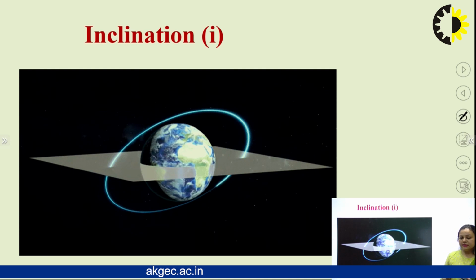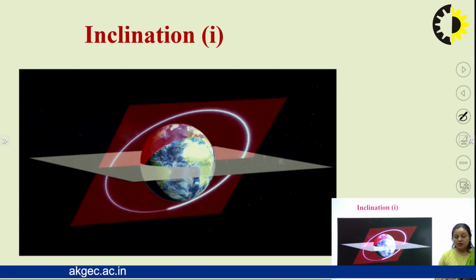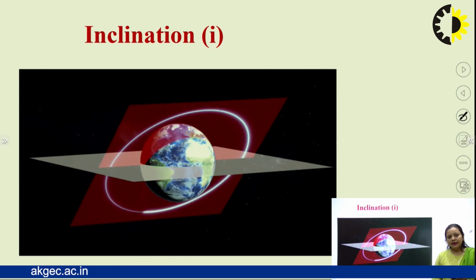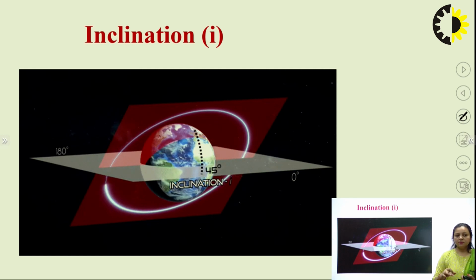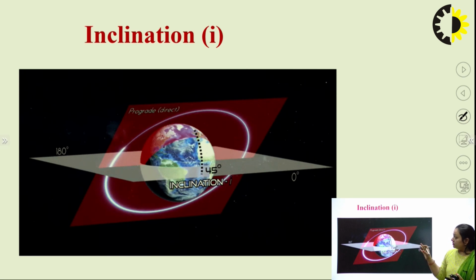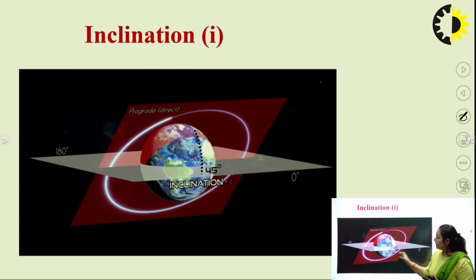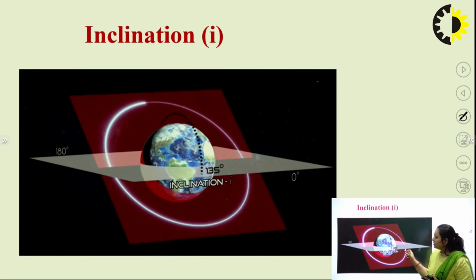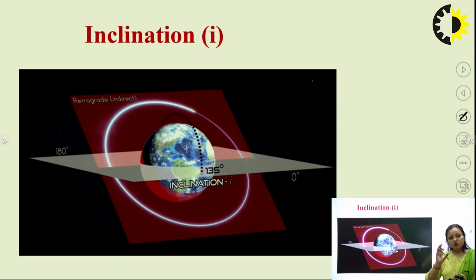So now we'll see in this diagram about the inclination, how we calculate the angle of inclination. The first thing is the satellite which is orbiting. Is it orbiting in the direction similar to the Earth, or is it in the opposite direction? Like in this particular figure, the satellite which is moving in an orbit shown by this white color, when it is rotating in the same direction, we call it a